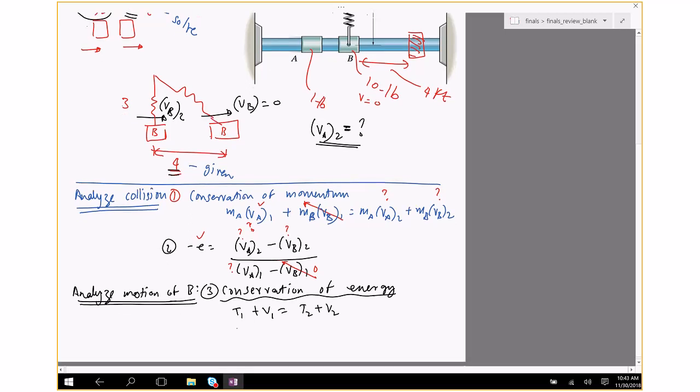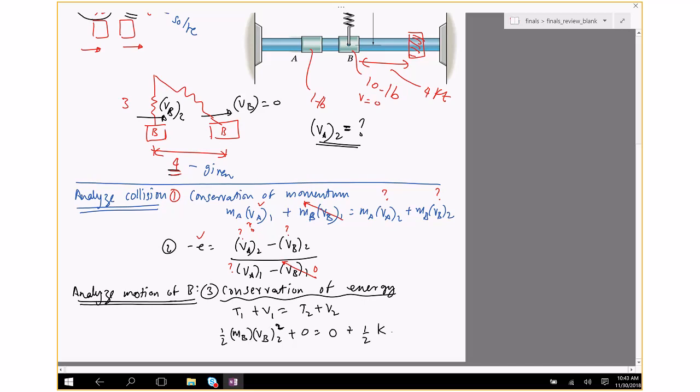The initial kinetic energy is half m_B V_B1 squared, plus you're told that the spring is initially unstretched, so the spring energy is 0, equals final kinetic energy of the block B to the right, it's 0, plus V2, which is the energy stored in the spring,